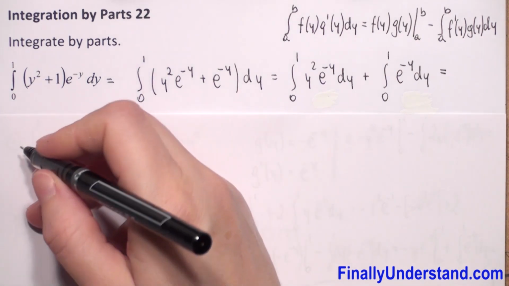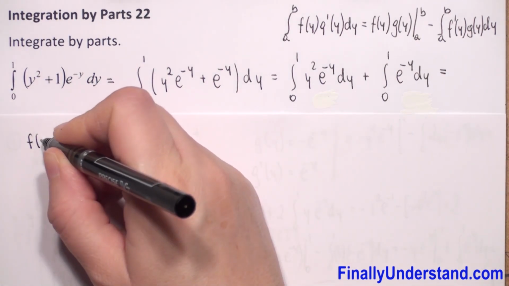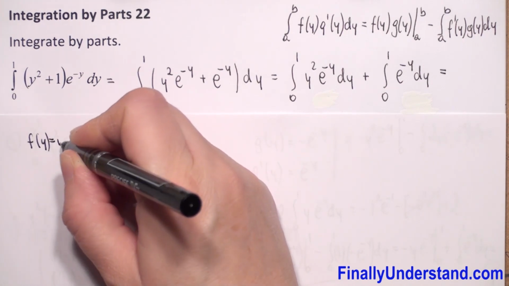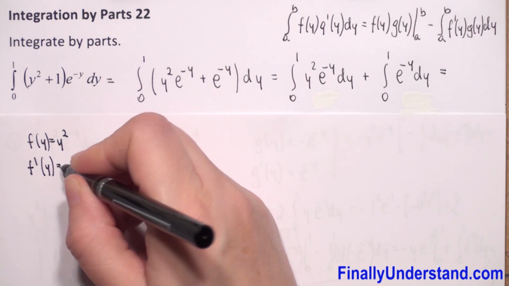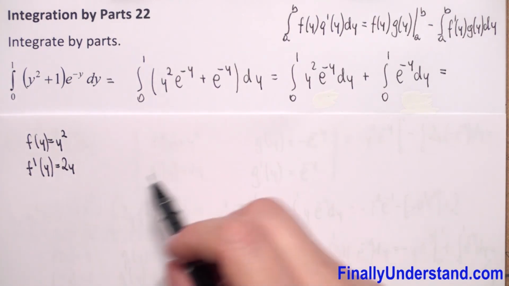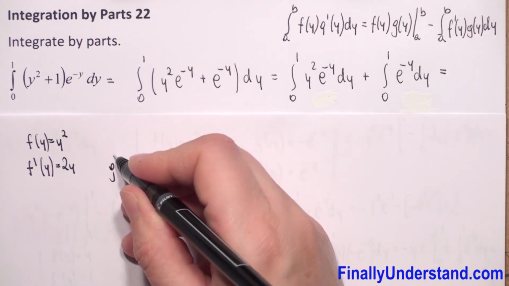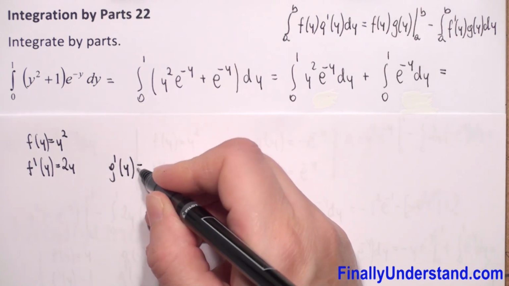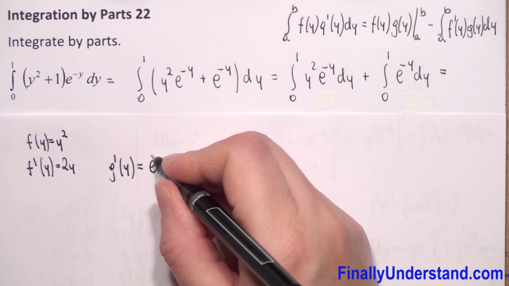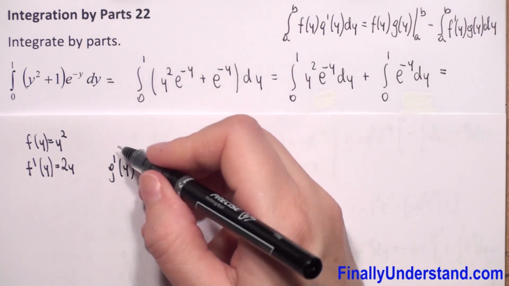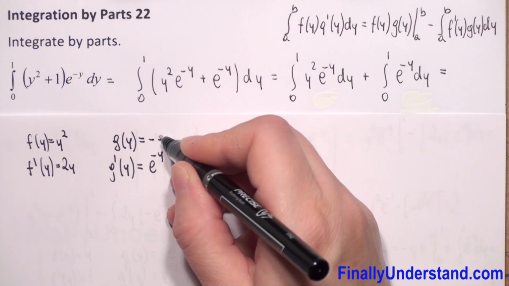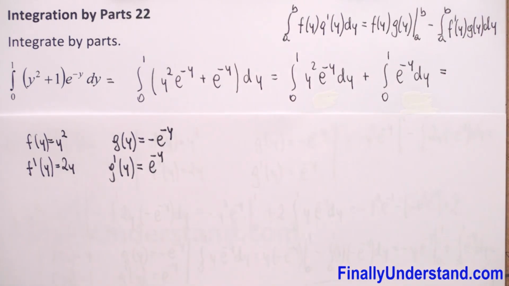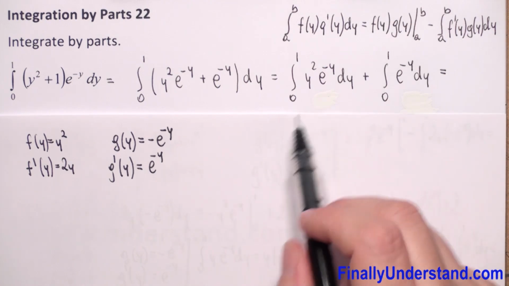So let me put that our f of y is equal to y squared, so f prime of y is equal to 2y. Whatever is left is our g prime. g prime of y is equal to e to the negative y power, so our antiderivative is equal to negative e to the power negative y. Now we can come back to our integral, and